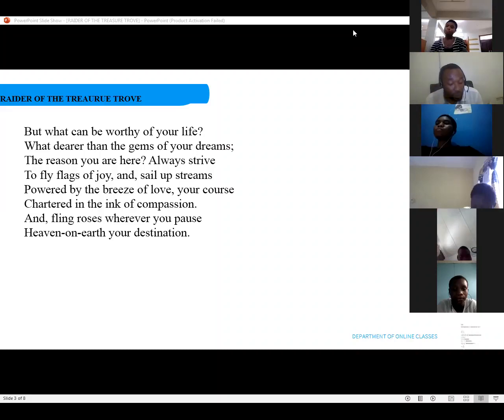So it means that all that we are trying to achieve in the first stanza is to make life for ourselves and other people like heaven on earth. Now, when we talk about heaven on earth, that kind of joy that we all want to have. The joy, the love, the compassion. Everybody knows that when you go to heaven, there is joy, there is love, there is compassion. So we want to create that atmosphere for ourselves while we are on this earth.